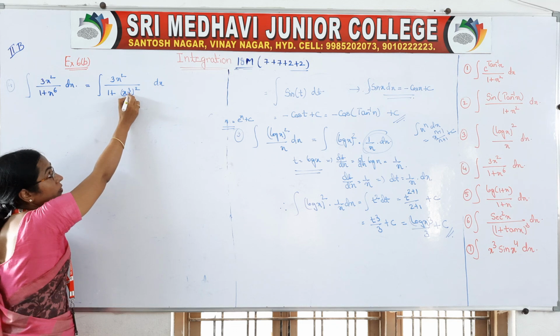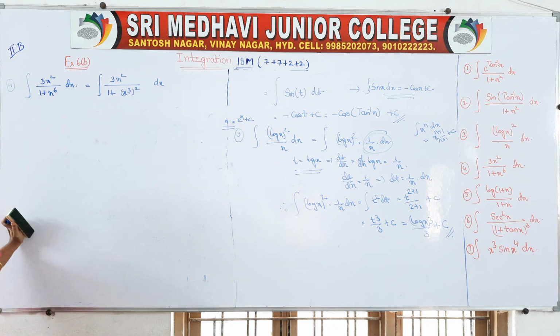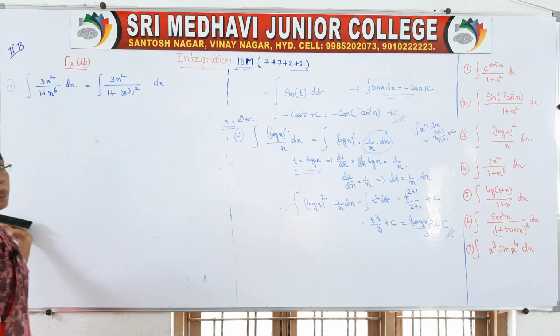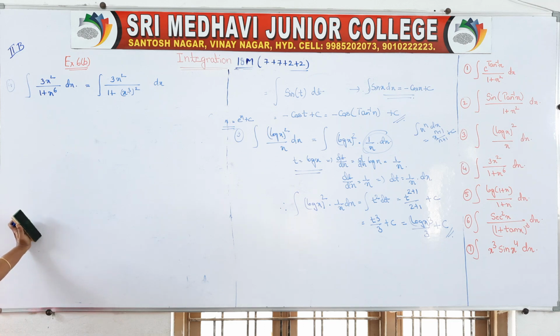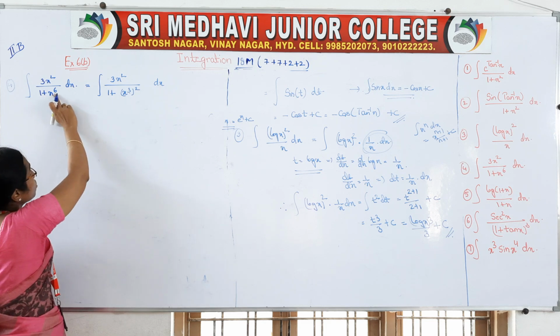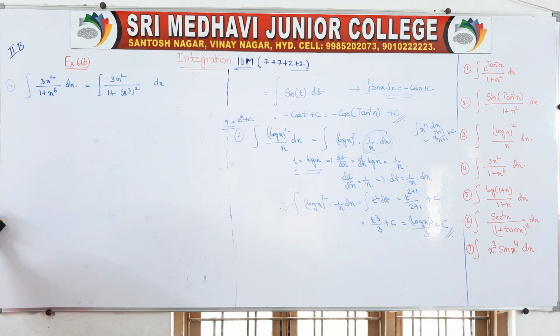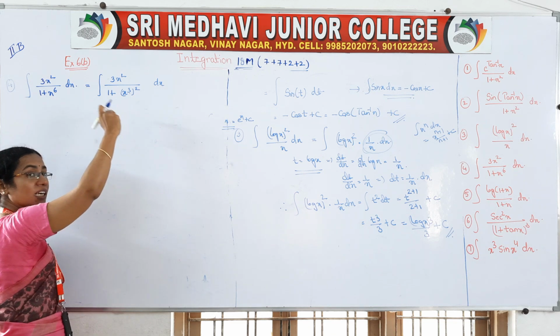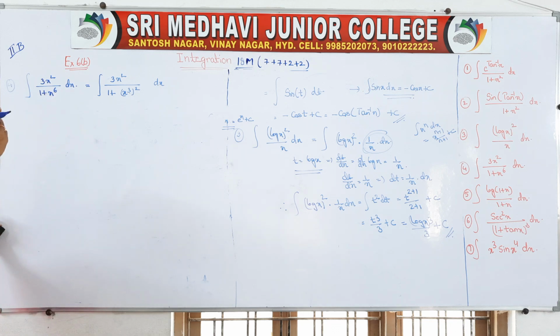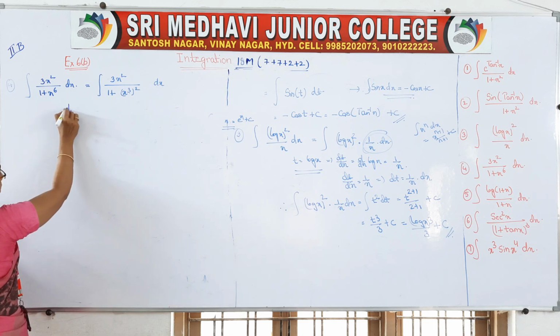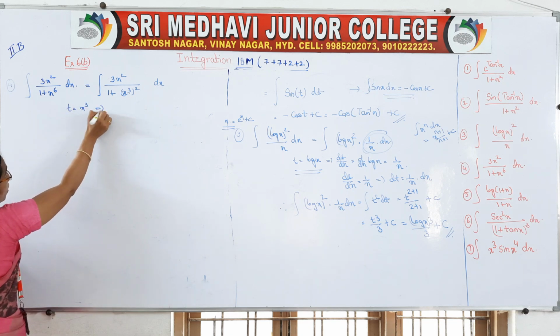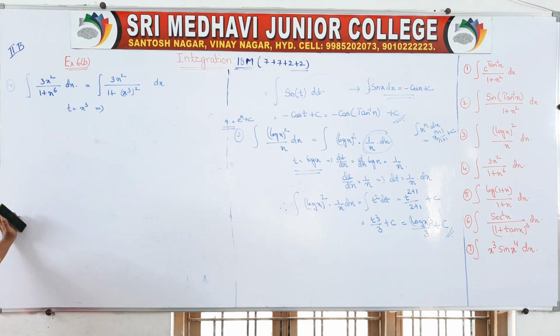See the power? This power is 3, this power is 2. I said, if the power is more than one value, you take that value which has more power as t. If you differentiate, you will get the other value, isn't it? So we can write x to the power of 6 as (x cube) whole square, not (x square) whole cube. Why? We will take this as t. After that it will be in the 1 by 1 plus t square form, the tan inverse x form. So we can take t is equal to x cube, differentiating with respect to x on both sides.